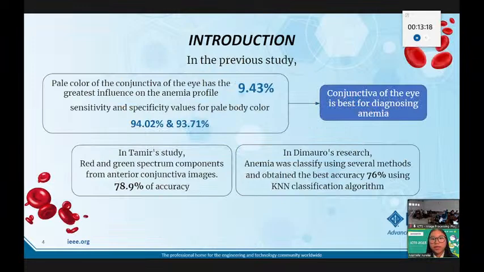In the study, it was found that the pale color of the conjunctiva of the eye has the greatest influence on the anemia profile, which is equal to 9.43% when compared to other body parts. In the study, the sensitivity and specificity values for pale body color in the process of diagnosing anemia were 94.02% and 93.71% respectively, so it can be said that the conjunctiva of the eye is the best object that can be